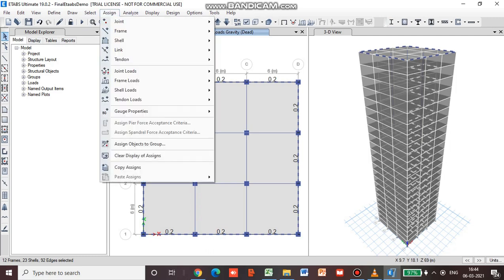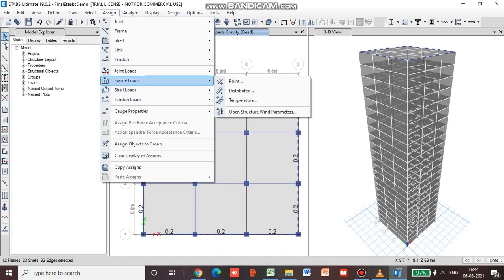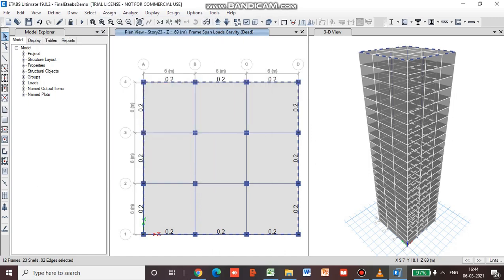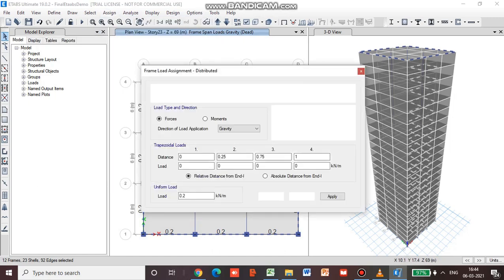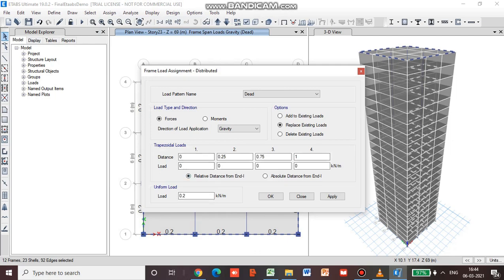Then go to assign frame loads, distributed load, and replace